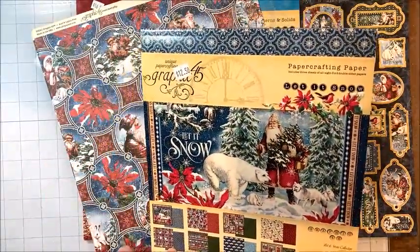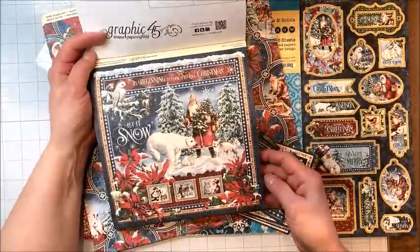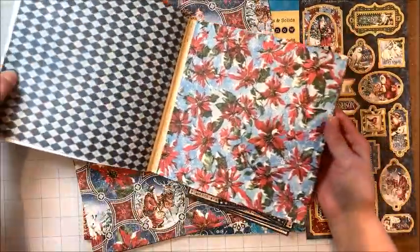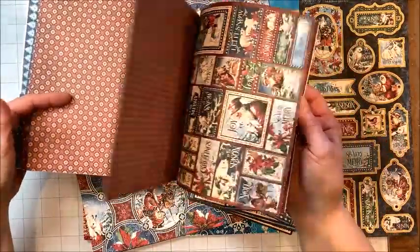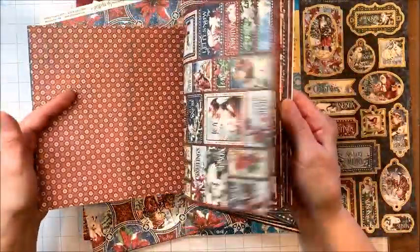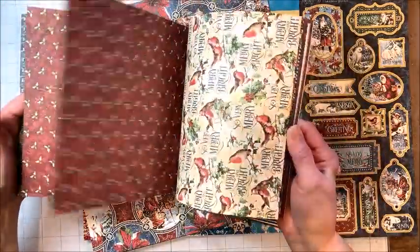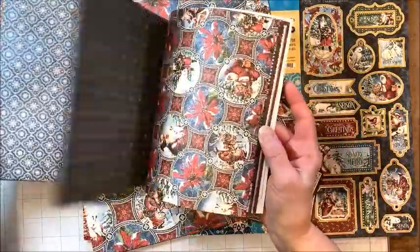This came out a couple of years ago, I think, and I love it because of all the blues and the little woodland creatures. We'll just flip through the 8x8 very quickly. Beautiful snowy poinsettias, this great dot pattern on here, lots of wonderful little cut-aparts. I love the birds. I think that's what sold me, was these beautiful robins. Of course, I love the holly leaves. Lots of great Santas there,